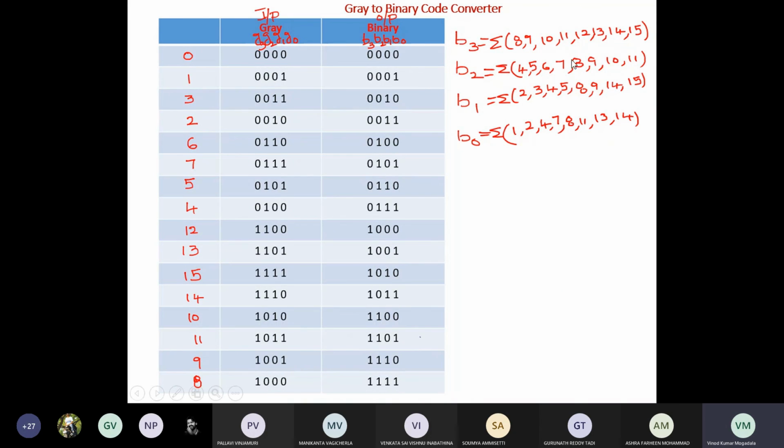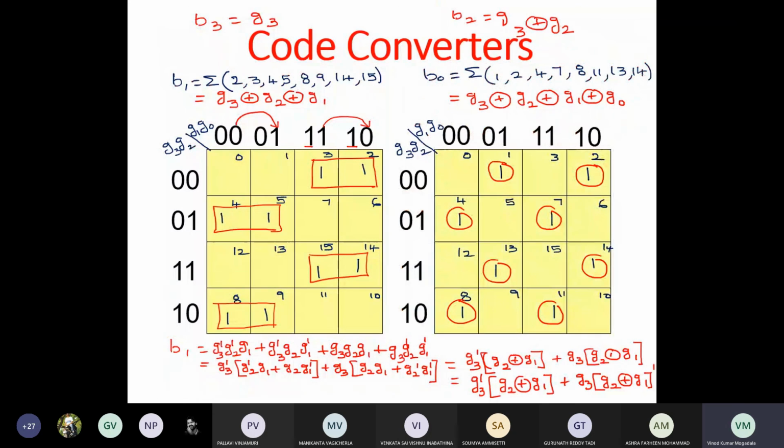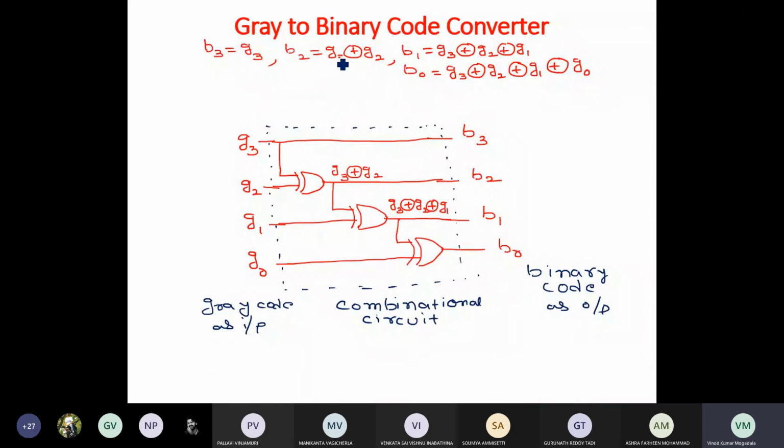Then you have to draw the corresponding K-map for each output. You have to simplify that, and then finally, whatever expressions you get, you have to draw by using the basic gates. So this is how we can convert any given code to any code that we require. So this is the generic design procedure that we need to follow while converting from one code to another code. Next thing is